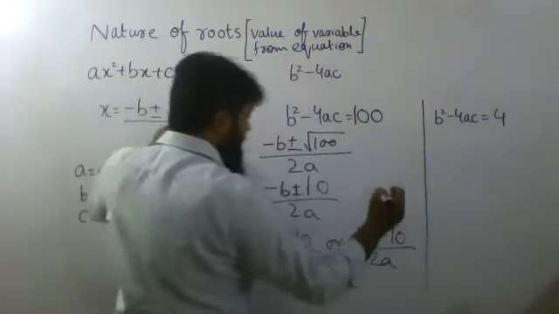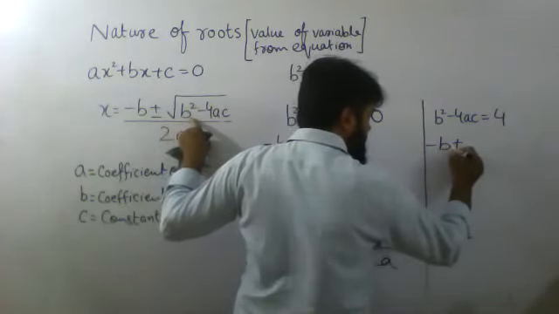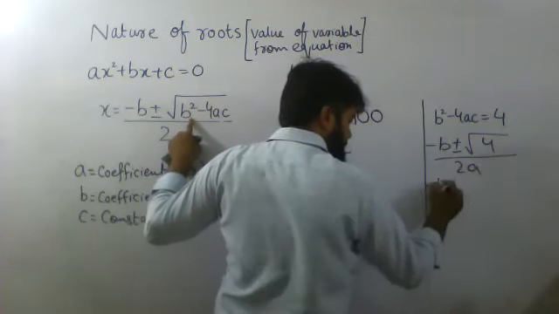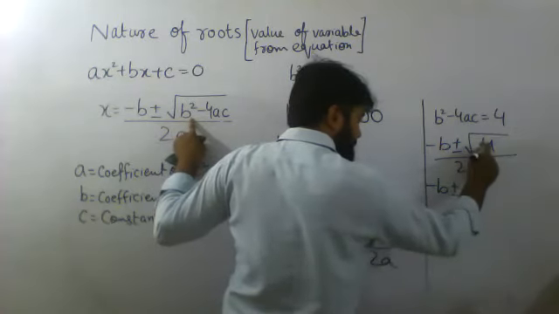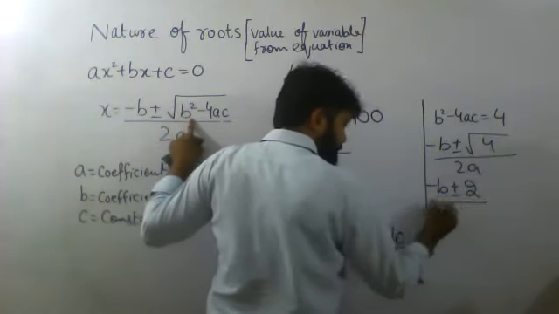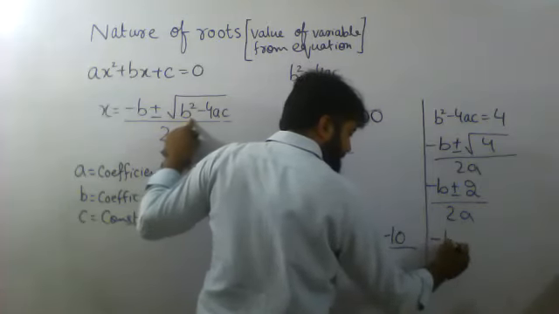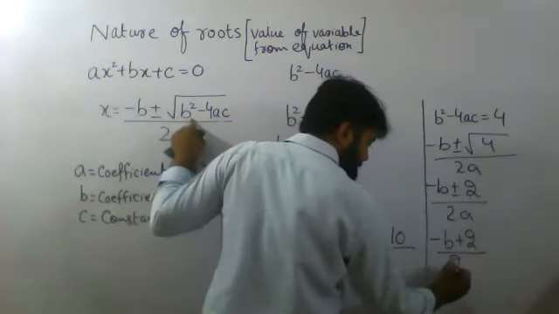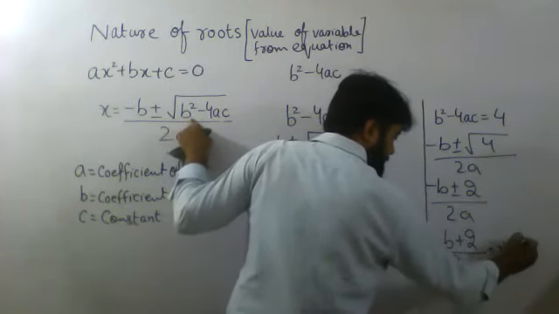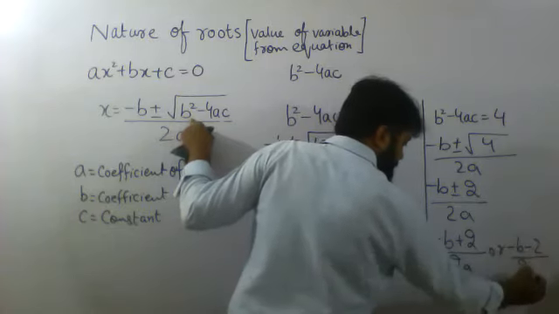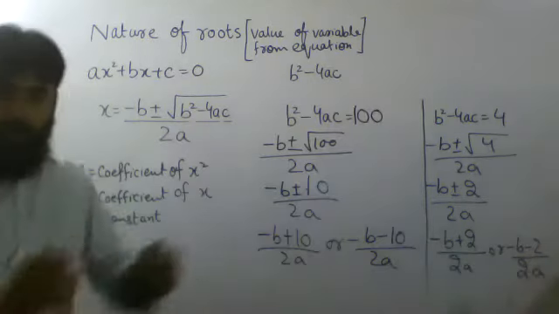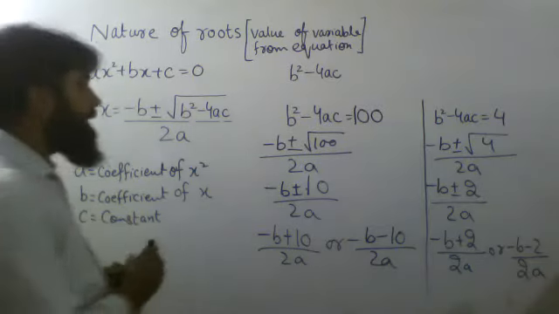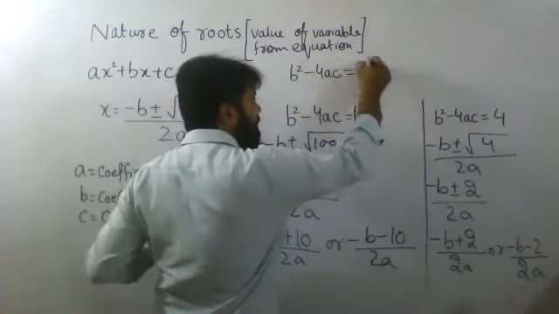So again, putting it over here, minus b plus minus root 4 over 2a, and root 4 will be 2. So either minus b plus 2 upon 2a or minus b minus 2 over 2a. Two different answers. So see, initially I said if b square minus 4ac equals 0,